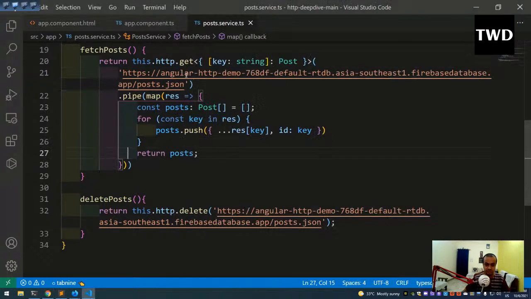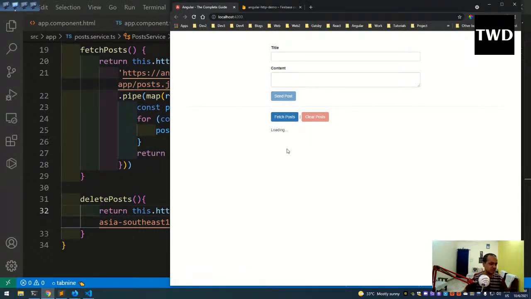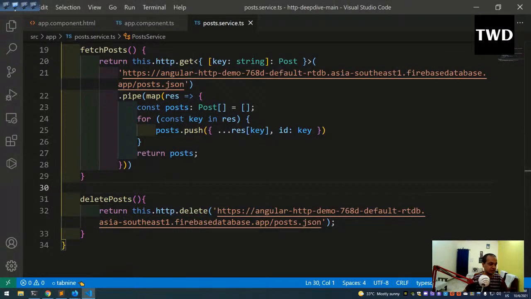Send post, fetch post, yeah, it's there. Okay, so now it's good to make it wrong. Make it wrong, save it. Now it is stuck in loading only, so it is not a good indication of what is happening right now. So what we are going to do is go to